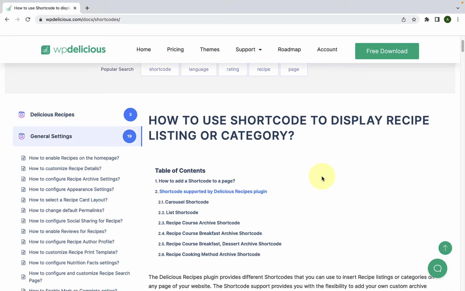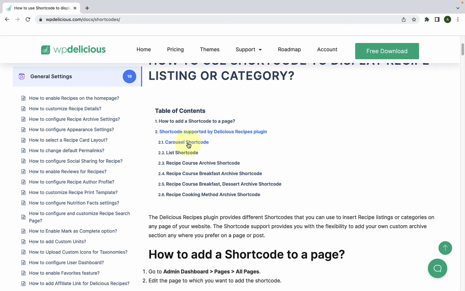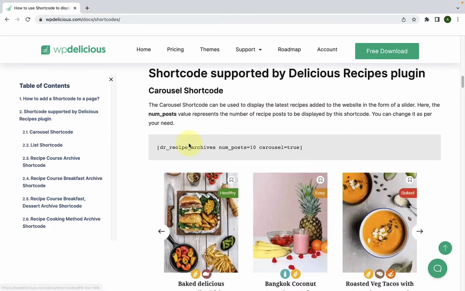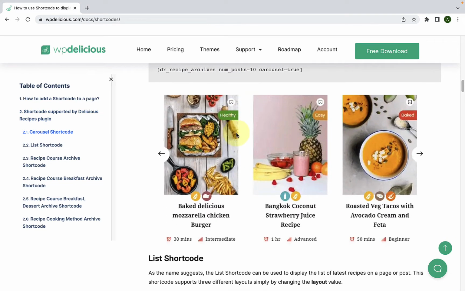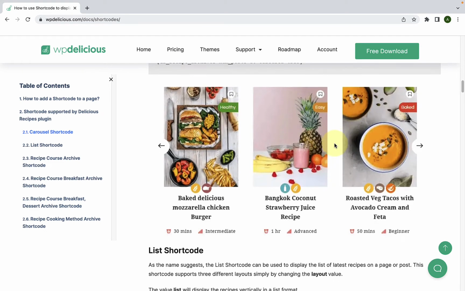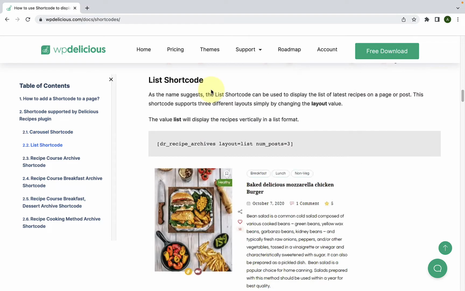First, I will walk you through the shortcodes supported by Delicious Recipes plugin. First is Carousel Shortcode. If you want to display the latest recipes added to the website in the form of the slider, then you can make use of the Carousel Shortcode. Next is the List Shortcode. If you want to display the list of latest recipes on a page or post, then you can use the